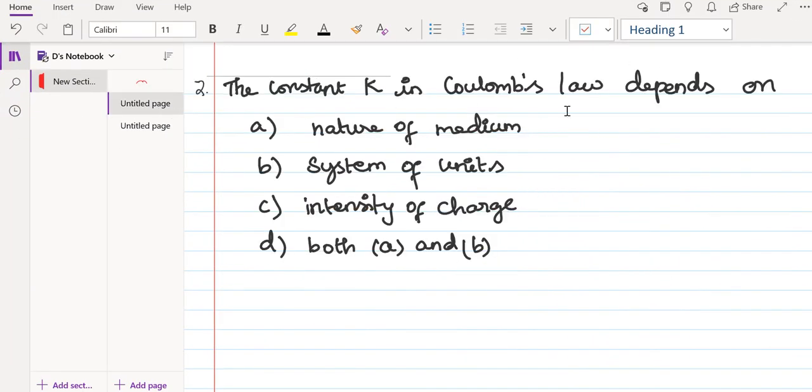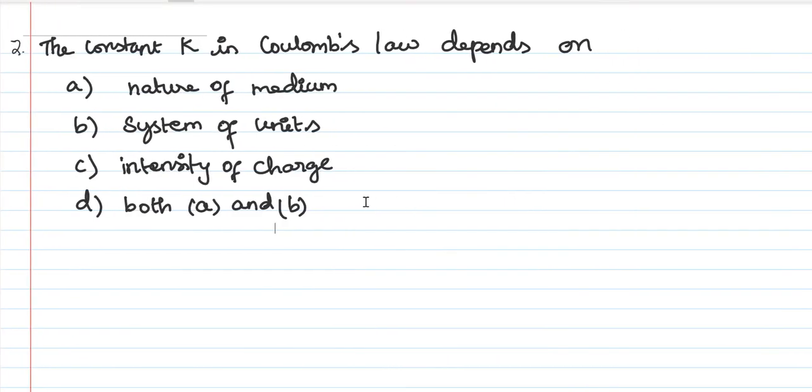So next one, it is not a sum, it is a little refreshment for us. What we are going to see: the constant K in Coulomb's law depends upon. So what would be your guess on this? You can analyze the question and rule out the possibilities first. What is not possible, you need to rule out first. If you are seeing any MCQ, that is multiple choice question, first you need to rule out